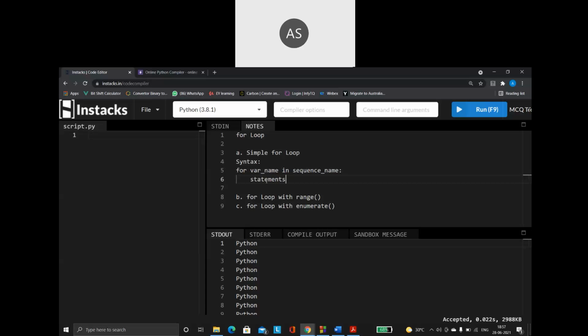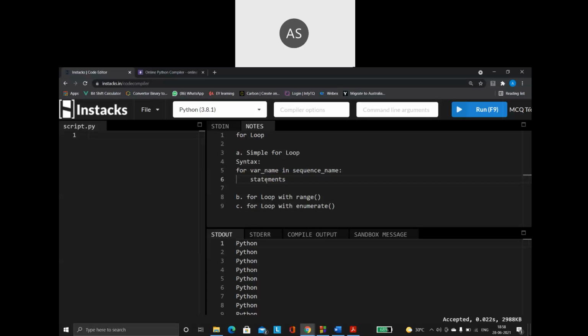So you already know what is a sequence. Sequence or a collection. You remember? What do you mean by that? Any variable that is going to have a group of values stored inside it. One variable holding multiple values is what we call a sequence or a collection. Examples: string, where under one single variable name you are holding so many different characters.